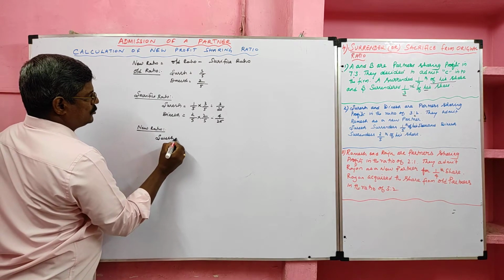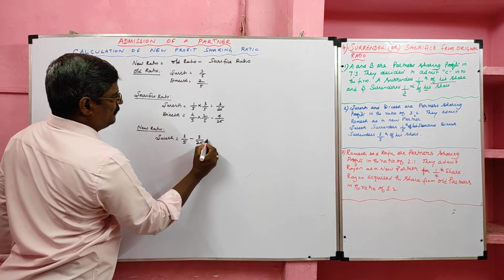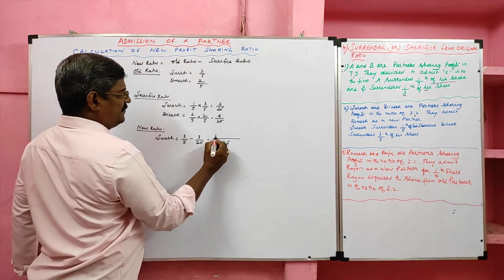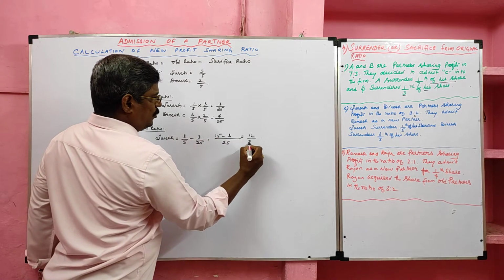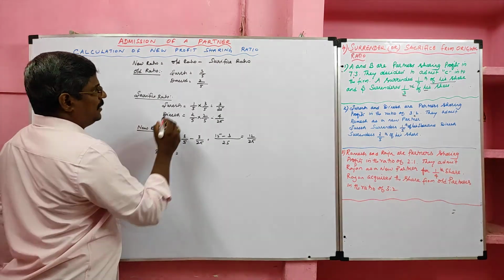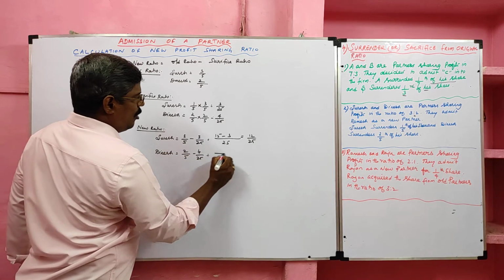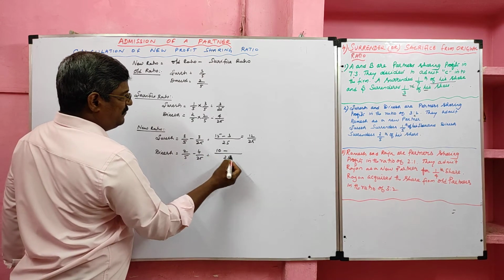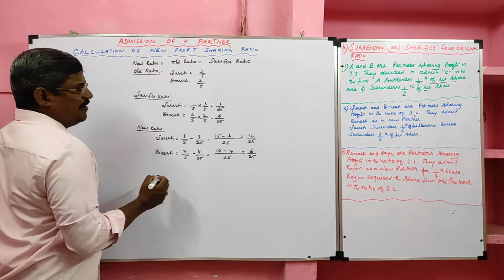Suresh old ratio 3/5 minus sacrifice ratio 3/25. Common denominator we can take 25. 25 divided by 5, 5. 5 3s are 15. 25 divided by 25, 1 into 3, 3. So 12/25. Then Dinesh old ratio 2/5, sacrifice ratio 4/25, common denominator 25. 25 divided by 5, 5 into 2, 10. 25 divided by 25, 1 into 4, 4. So 6/25.